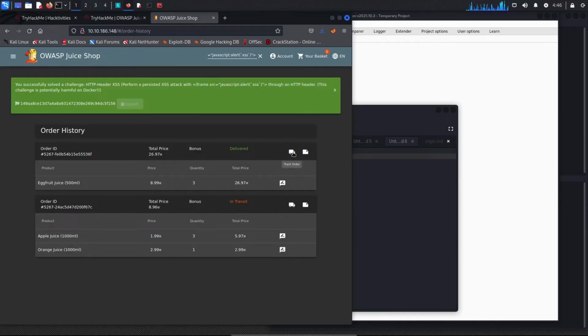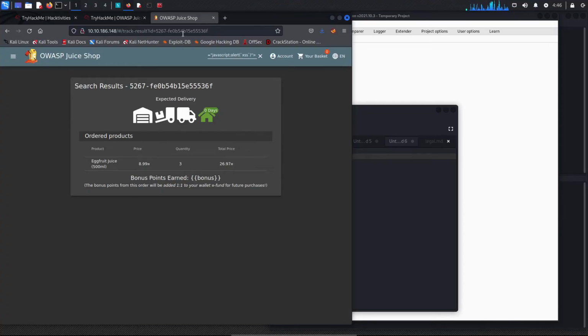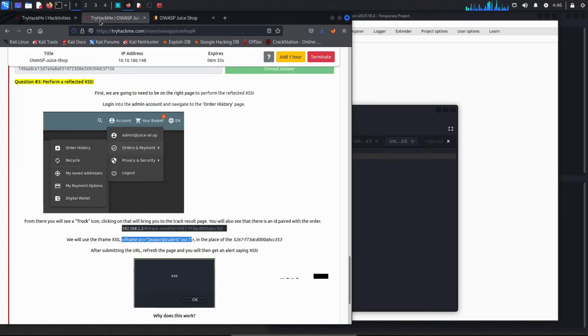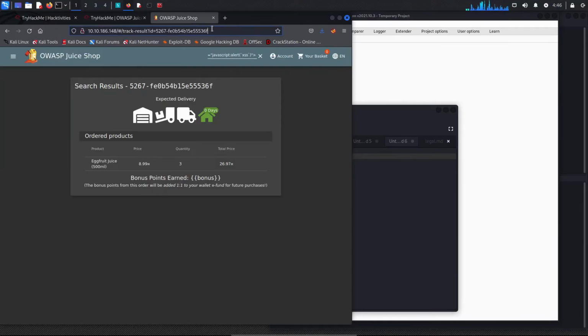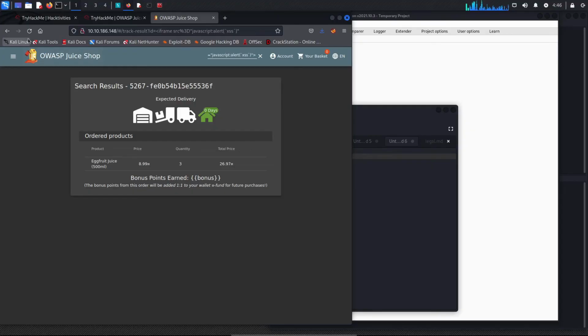If we look at one of the orders, let me delete this, we can see the URL here, and we want to inject our code there and see if the application is going to run it. We're going to replace all of these with our code, send this, and refresh the page.